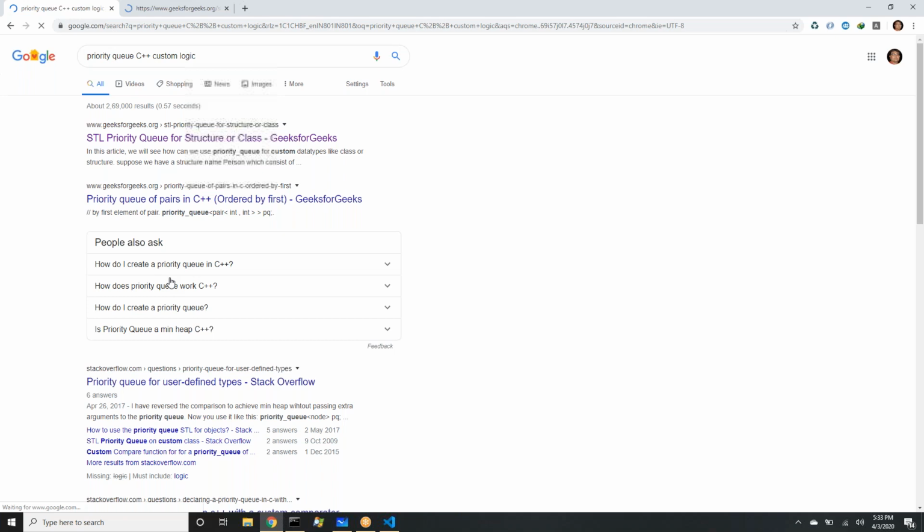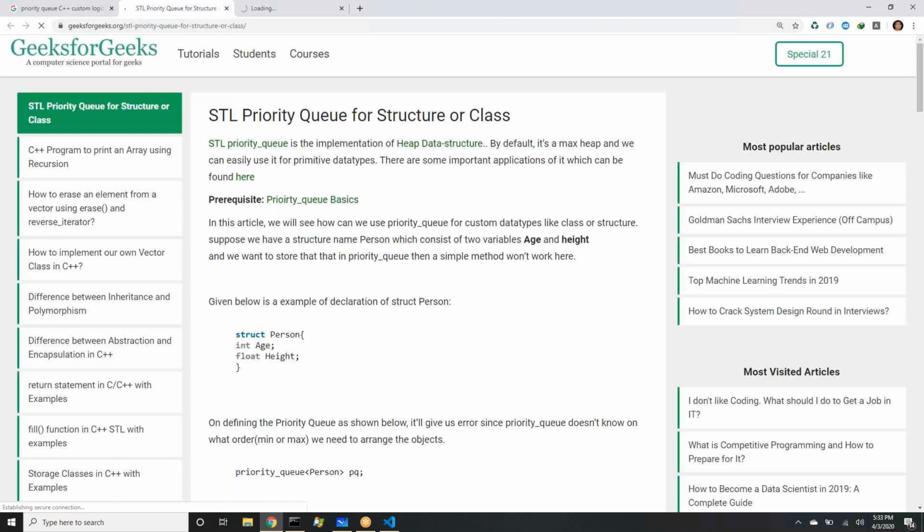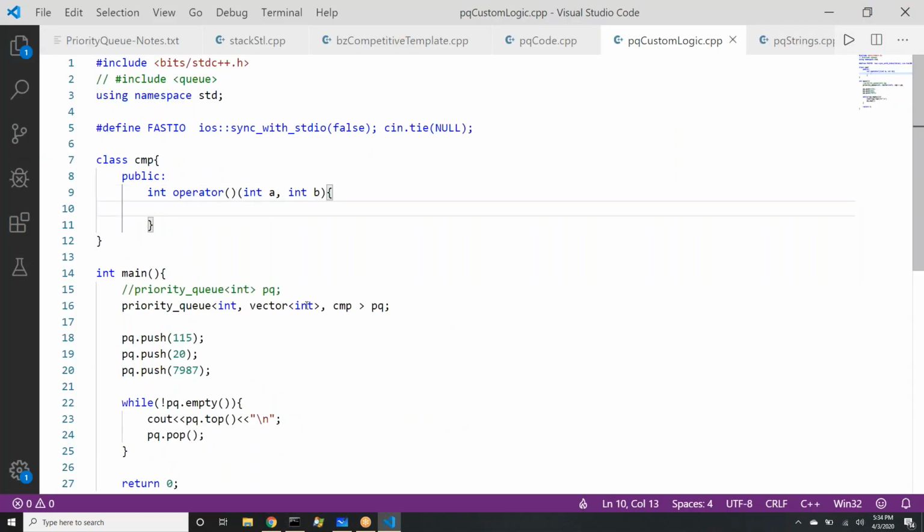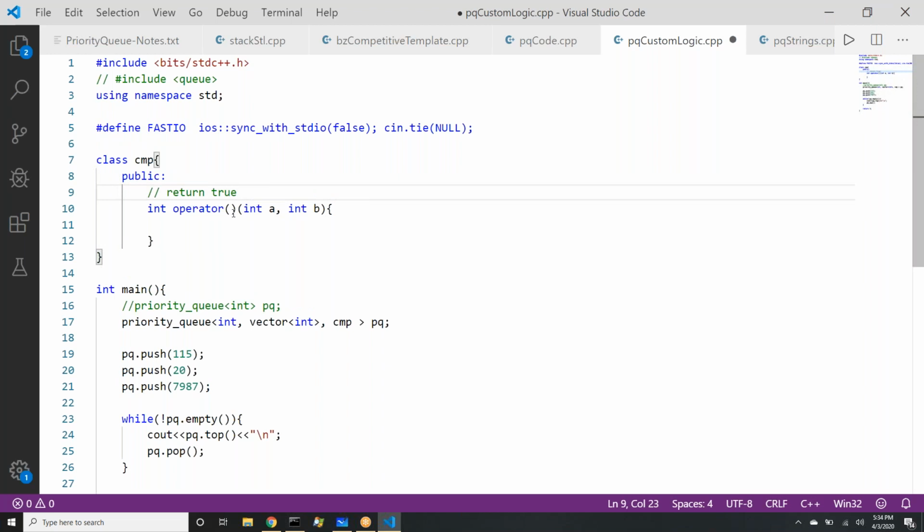Then you write operator. So you are actually defining an operator to compare two things. So operator, 2 round brackets. Then we are comparing int A and int B. These ints are because we are passing integers. Right? So that is what this function should take. Now this function should return. If this returns true, then who will have higher priority, A or B? I think if this returns true, we will have high priority. That is how it is. So we will first write it, then we will learn it.